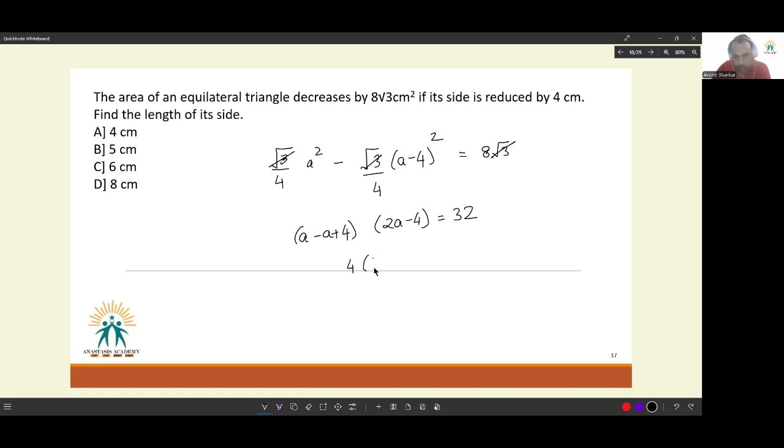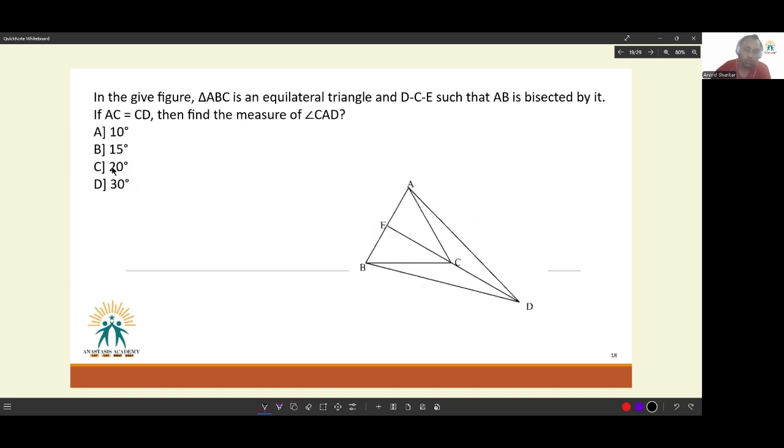That 4 times of 2a minus 4 is equal to 32. So cancel becomes 8. So 2a will be equal to 12, or a will be equal to 6. The side of the equilateral triangle will be 6 centimeter in this instance. Okay. Next, in the given figure,